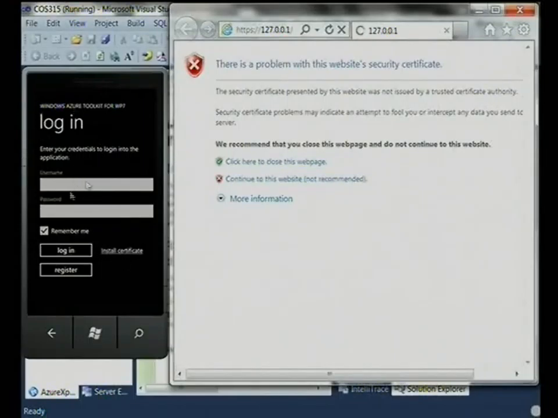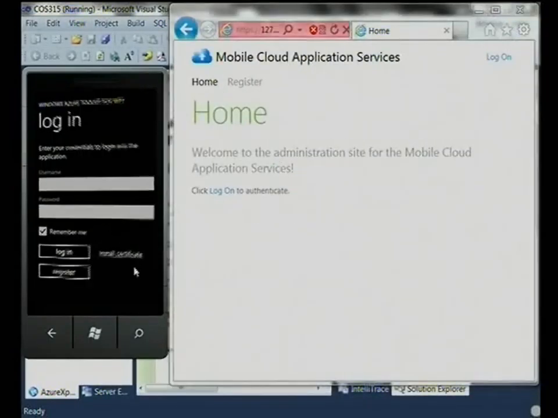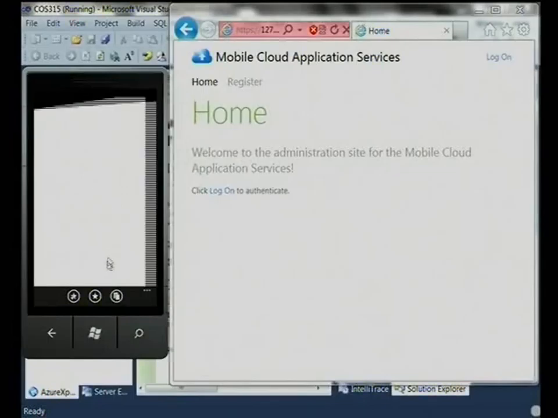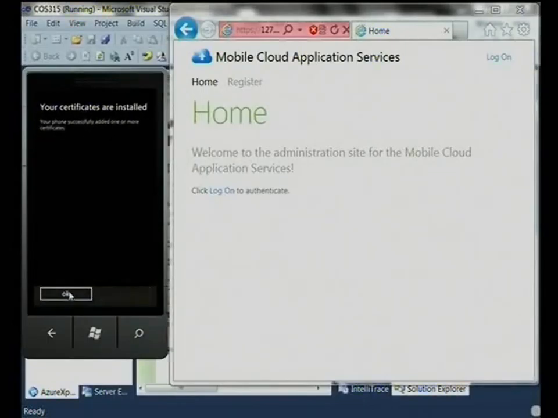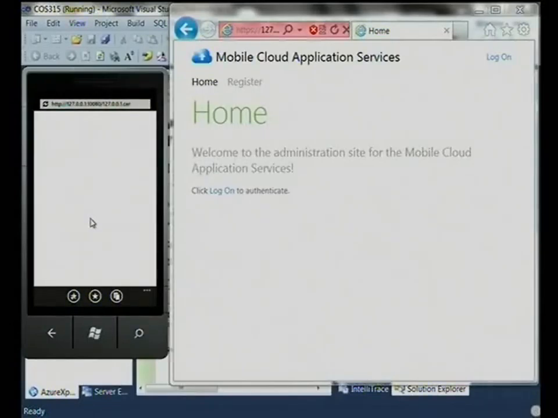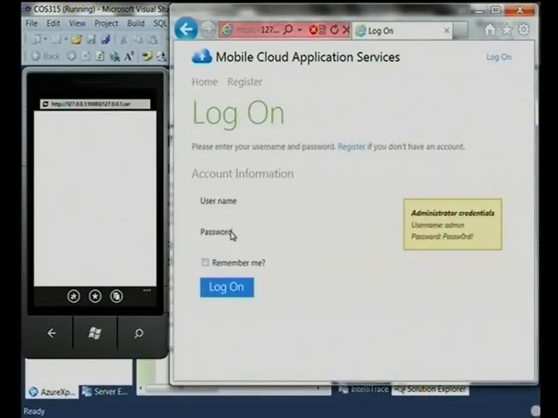But unfortunately, if I'm going to do it on the Windows Phone 7 app, it's not supported, so I've got to install the certificate. So I go here and install the certificate. Tap to open the file. I'll install the certificate. Obviously, you wouldn't have to do it if it's a trusted certificate, but because it's a local host running on HTTPS, hit OK. And if you notice, look at this application. It's got this nice Metro theme as well. Log on, and in case you forget what the admin password is.